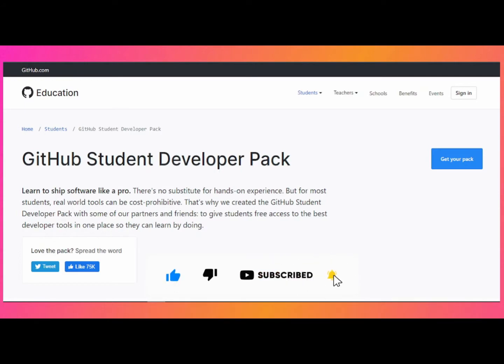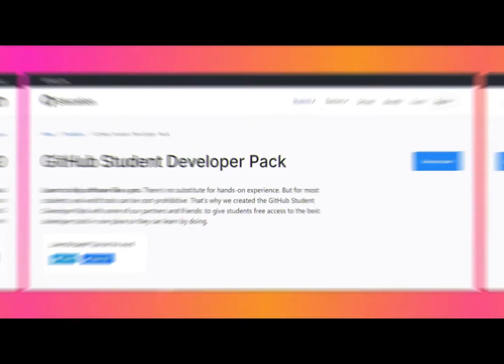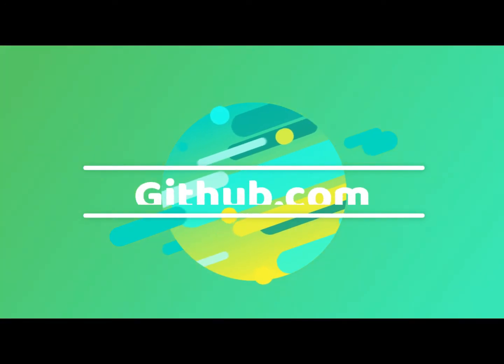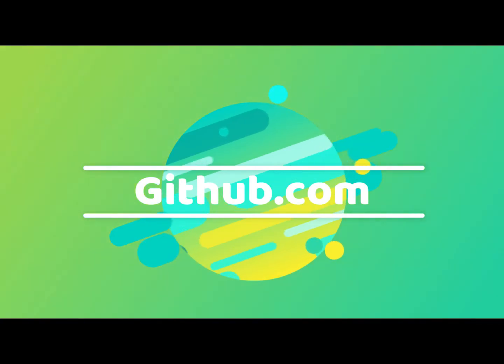You must be older than 13 years. This is a very important thing to keep in mind. You must have a GitHub account for the application. If you don't have one, go to github.com and create your GitHub account.